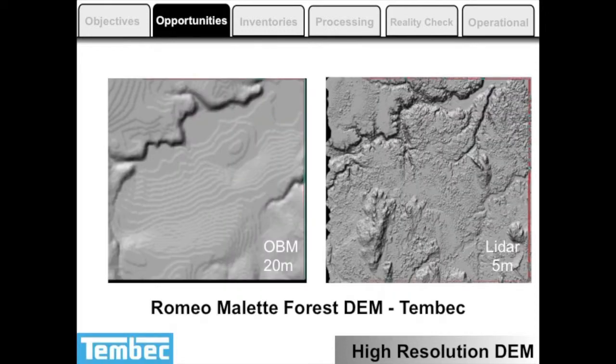In the case of forest industry, this particular one is in Timmins, if anybody knows Ontario, sort of northeastern portion of the province. Again, this is the exact same tile, and you can see the level of resolution that's available from that LiDAR-derived DEM. Now, from a forest company perspective, and I'm not in industry and I don't try to represent, but I'm going to parlay to you what they have told me, is with this level of detail in the digital elevation model, they are able to identify aggregate resources on the forest for road construction much easier than from the image on the left-hand side, the traditional OBM.